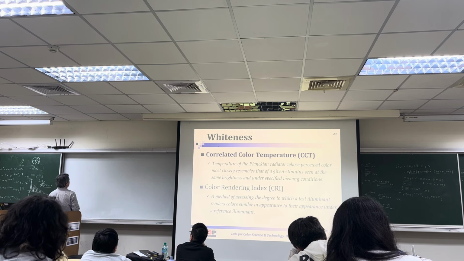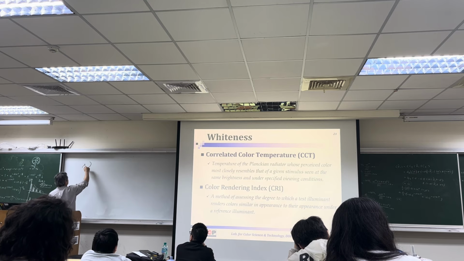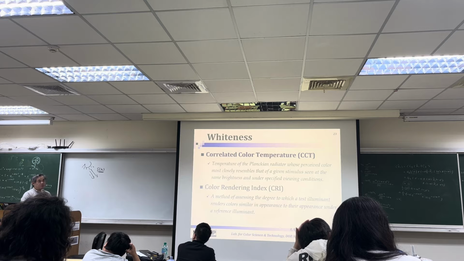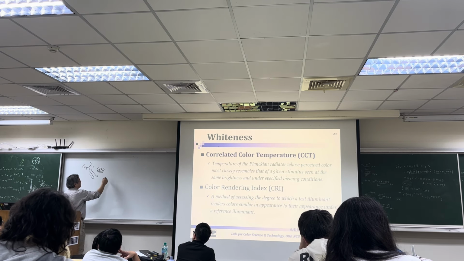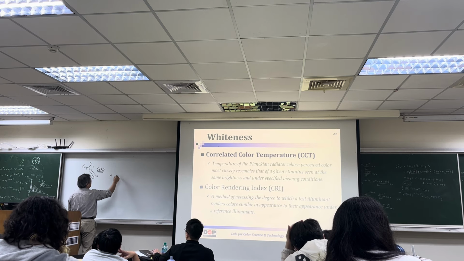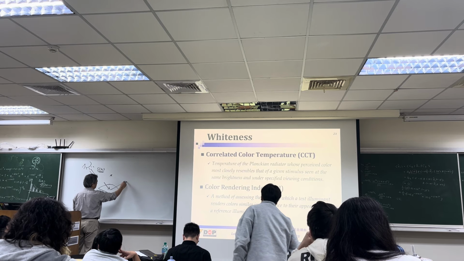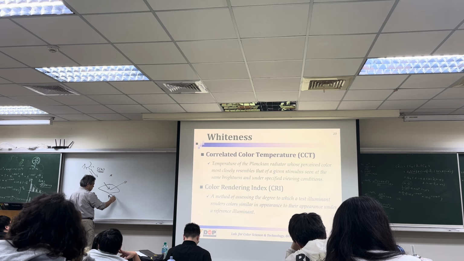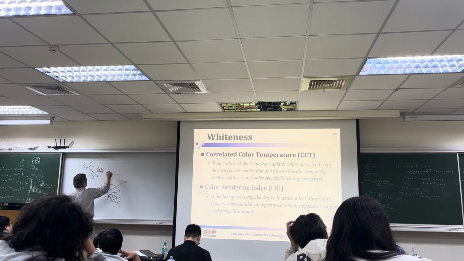And based on your optical knowledge, our light source should emit the spectrum as broad as possible, such that our object, we use the spectral reflectivity, right? So we times